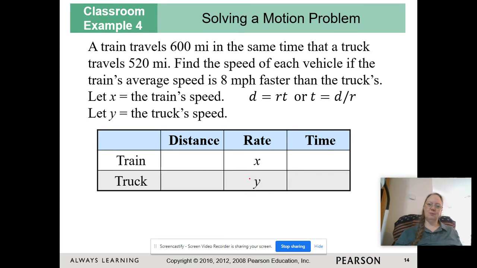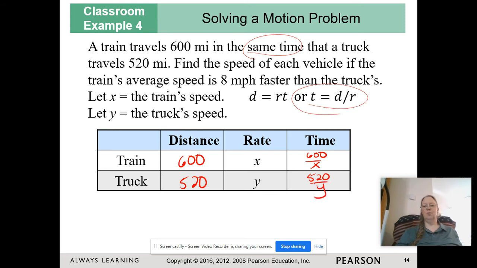And distance, rate, time problems. So remember, distance is equal to rate times time. Or if it says something along the lines of time is the same for each, time is distance divided by rate. So a train travels 600 miles. And my time is going to be distance divided by rate. Same time. That's why we knew to use this. Truck travels, this is my distance, and so my time